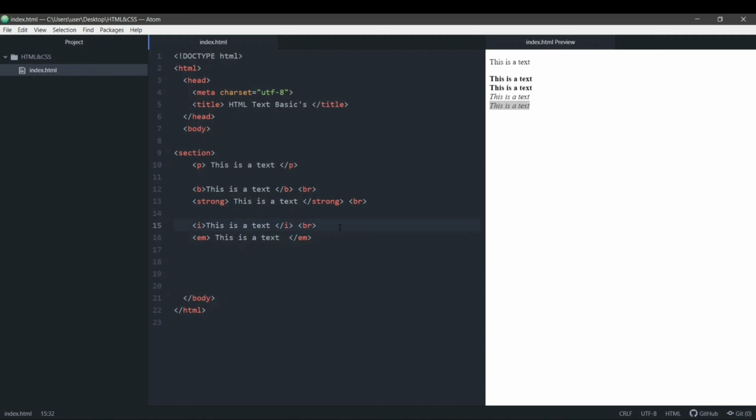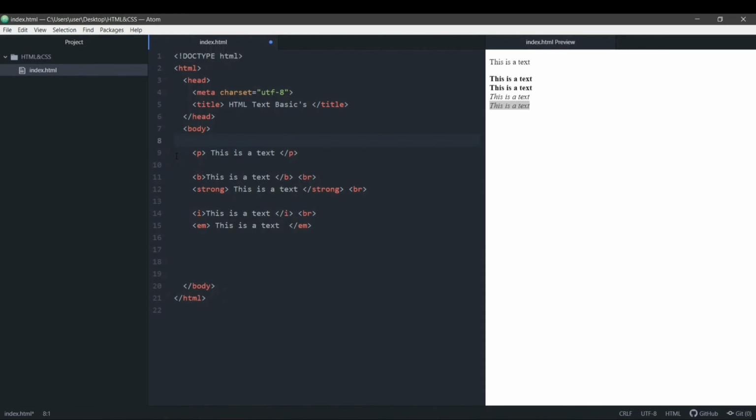So now you might ask, what is the difference between the b and strong tag, and the i and em tag? The only difference is that the strong tag tells the browser that the text is to be converted into bold and also that this text is important.